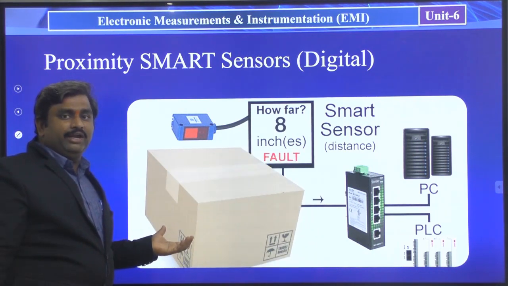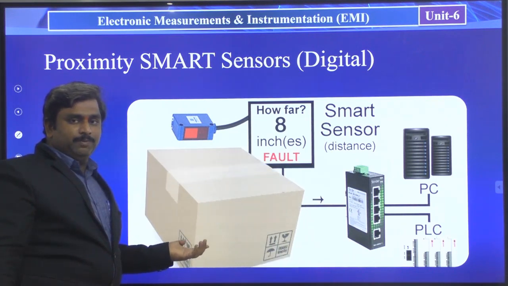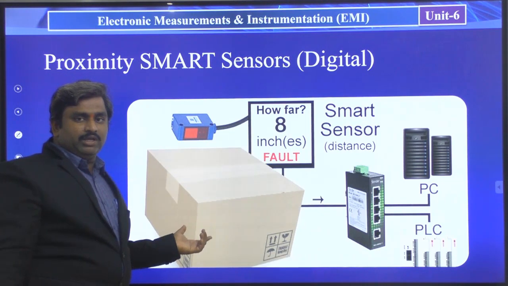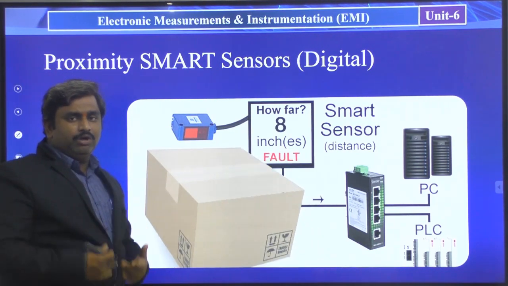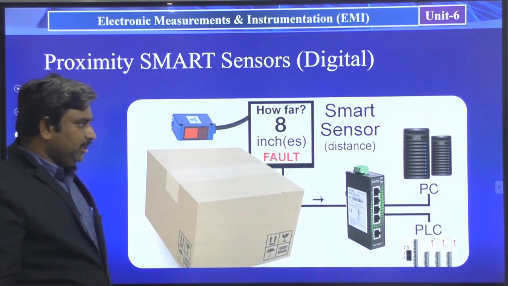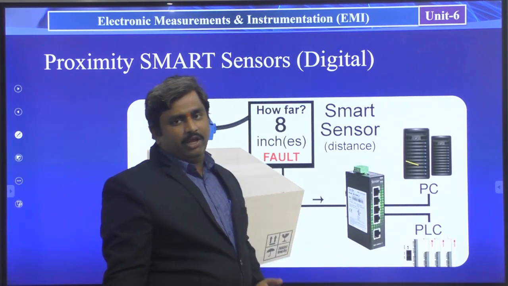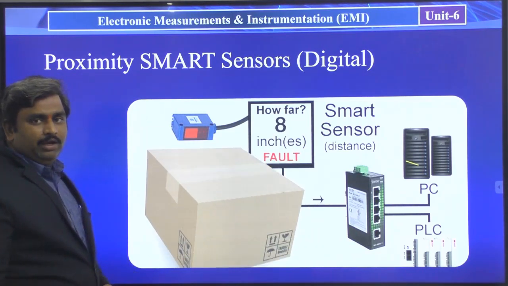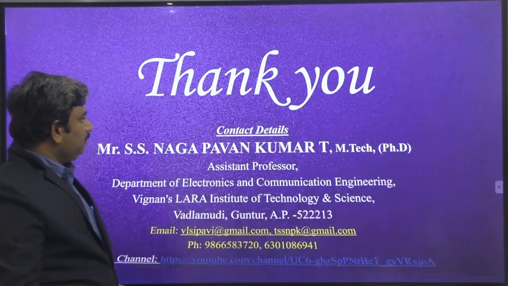That is, it is calculating some displacement by using this proximity sensor, and it is saying whether it is going the right way or the bad way, whether it is good or bad. That is our requirement. Based on our requirement, we can design the proximity sensor operation. And we can send all this information to a PC or to any other type of logical system also, by using an internet network mode.